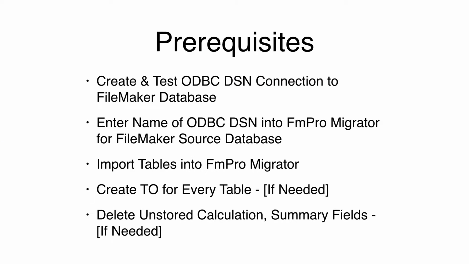At this point, you should already have created and tested an ODBC DSN connection to your FileMaker database. The name of your newly created ODBC DSN should be entered into the FmPro Migrator field for the source FileMaker database. You should have already imported tables into FmPro Migrator from FileMaker, where you can now see them listed in